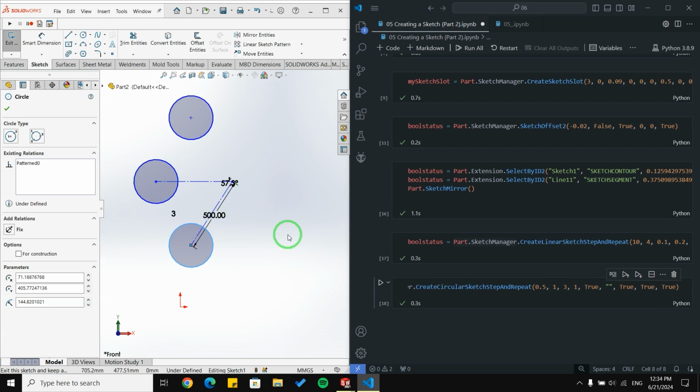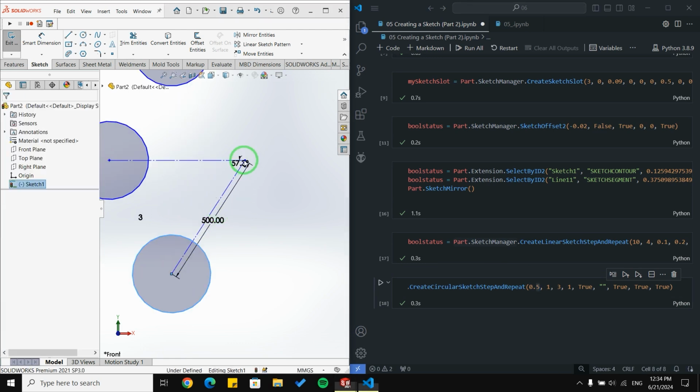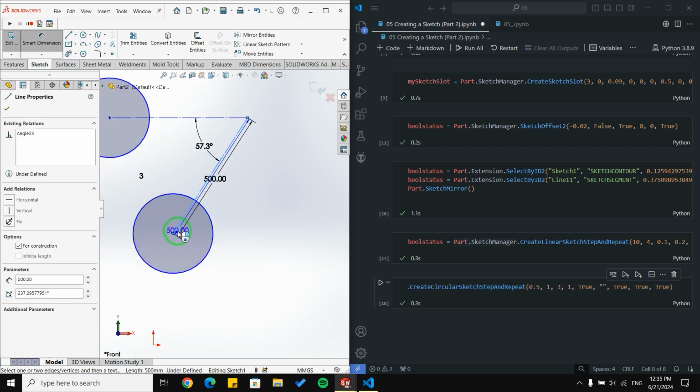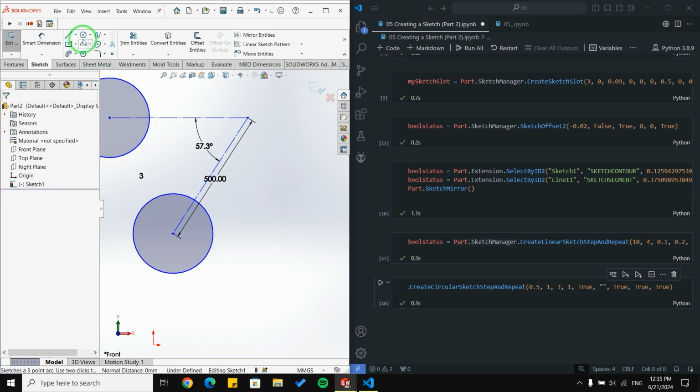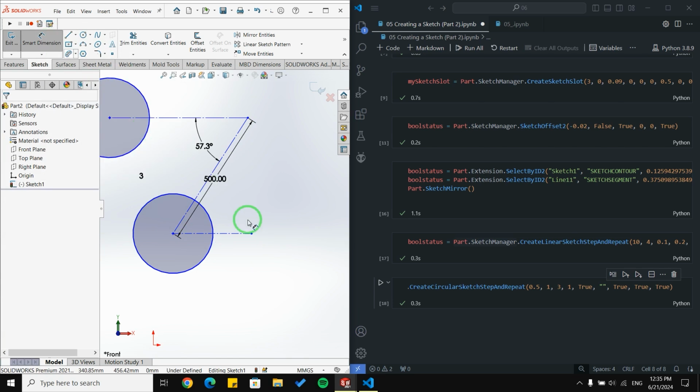First, we choose 500 for arc radius. So as you can see here, this is a point, and SolidWorks chose 500 for us. Next, I chose 1 radian for arc angle, and you can see here, this is 1 radian. Okay, it doesn't allow me, so let me do this instead.